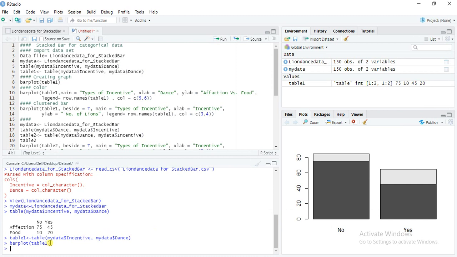Now we want to give some color scheme, and also write the title of this graph and name the x-axis and y-axis.